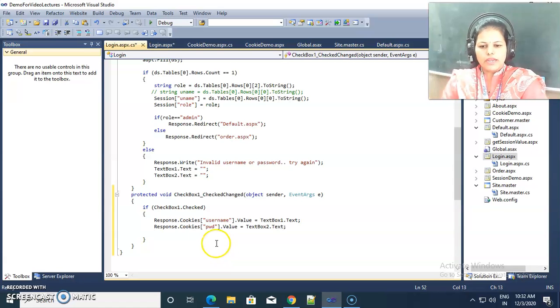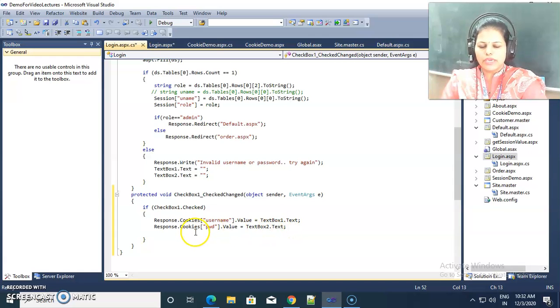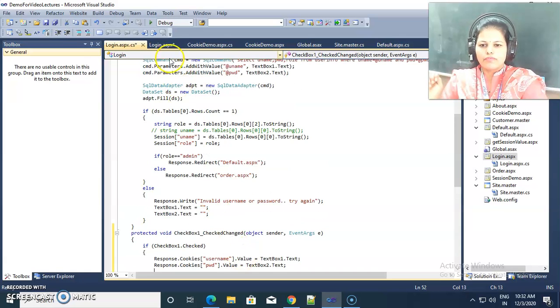So whenever the user clicks on that checkbox, we are saving the TextBox1 and TextBox2 values, the username and password values, inside the cookies. Then what we need to do